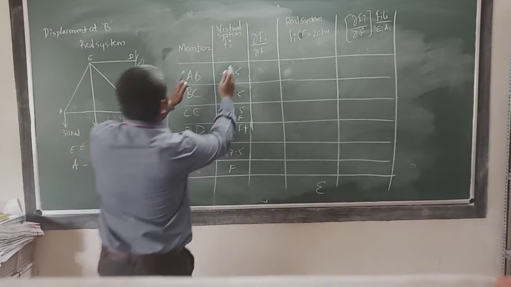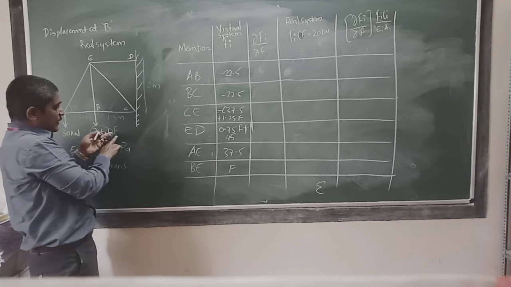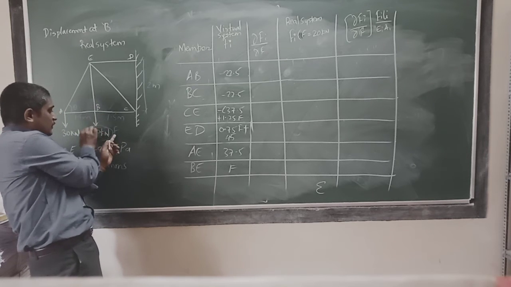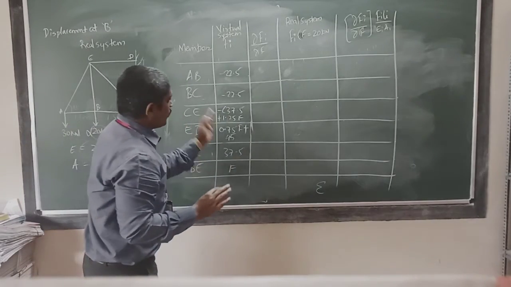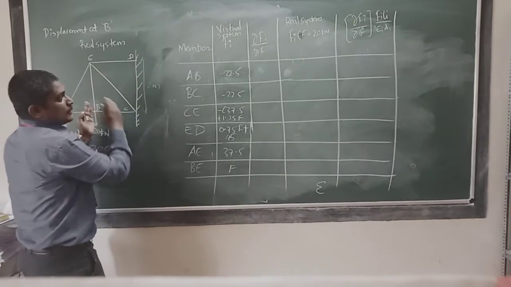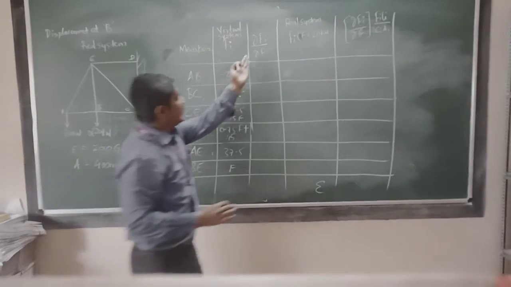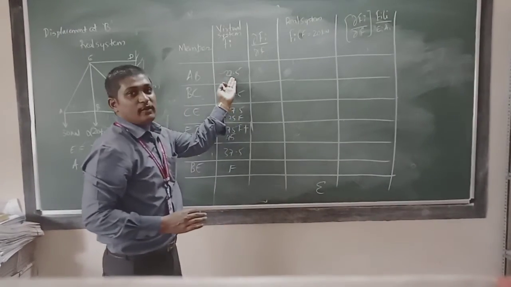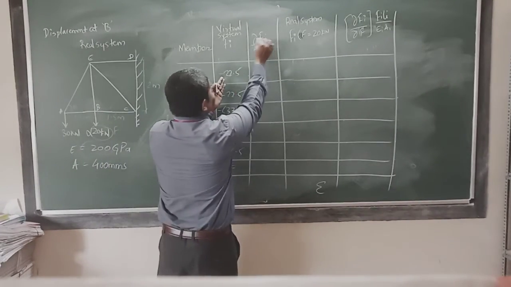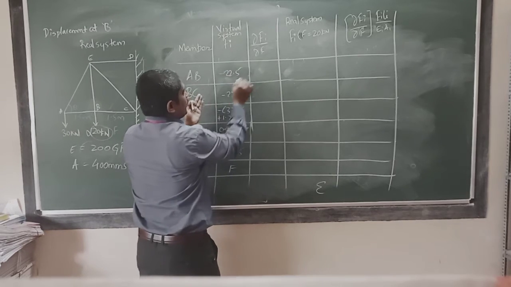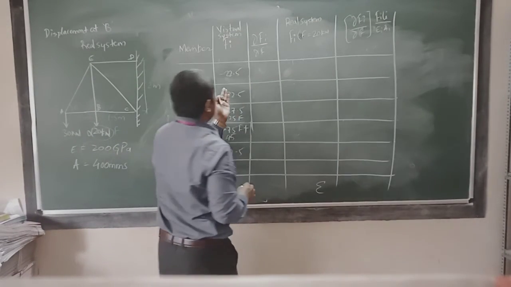So these are the values which we have got by the virtual system, where from the real system at point B we have applied the imaginary force F and we have removed this 20 kN, and we have got all the member forces here by using the method of joints. Okay, now what we have to do, due to this virtual system, how much strain energy is saved inside the structure, that we are going to do by taking the partial derivative with respect to your force F, that is the imaginary force. Now here Fi is there, whatever member forces we have got, with respect to this we have to do partial differentiation.